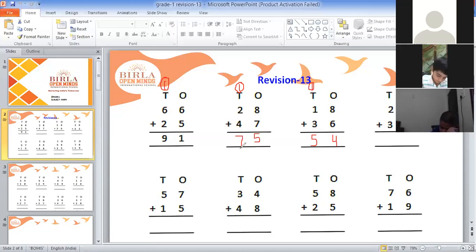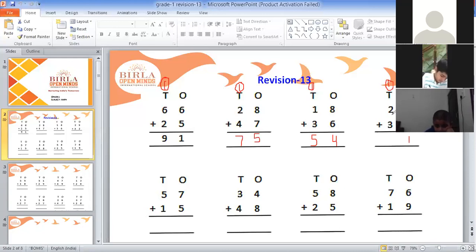Sai Joshit, now you read the next question. Fourth question, quickly. 29 plus 32. Very good. So what are the numbers in ones place? 9 and 2. Okay, so now tell me 9 plus 2, how much? 11. Very good. Siddharth, keep on writing in your notebook. 9 plus 2 is 11. So we will write 1 here and 1 will go as carry over in tens place.